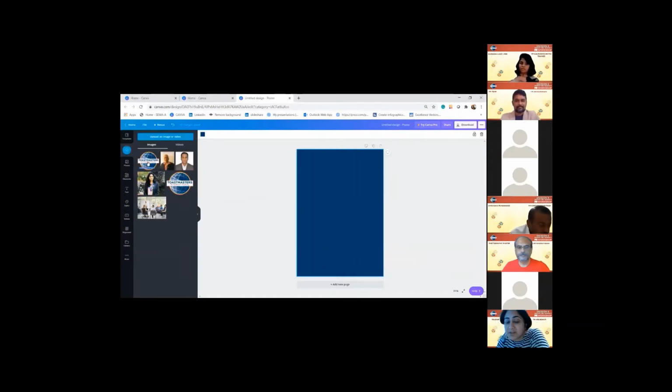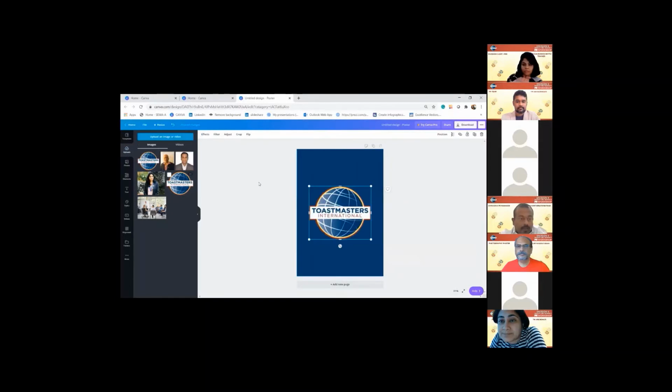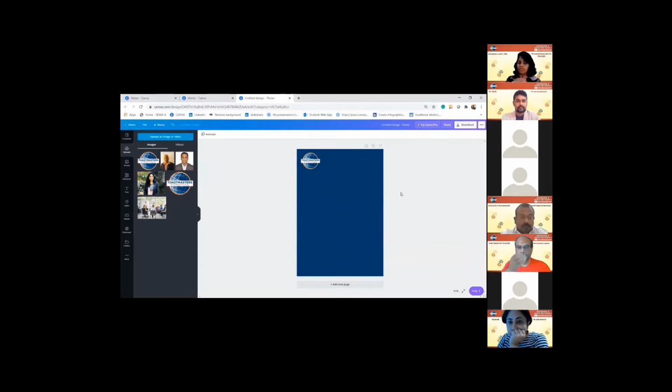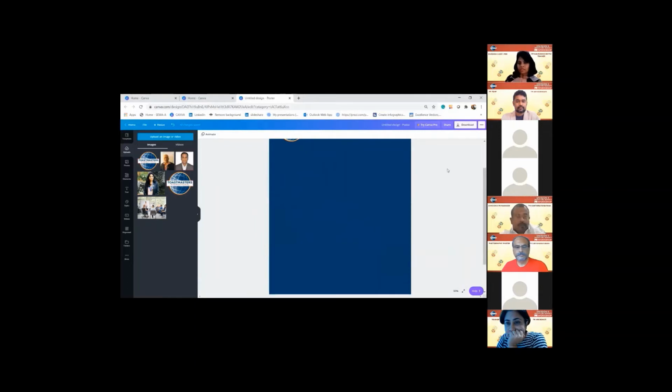So you see the logo is getting uploaded. Once we have the logo, I will use the one which is already uploaded. The logo is here. The preferred height as per 72 pixel would be around 7 height. As the screen is in fit size, you will not see the post in a larger view. So what I would do is increase the poster size to 50. Can you all see this?